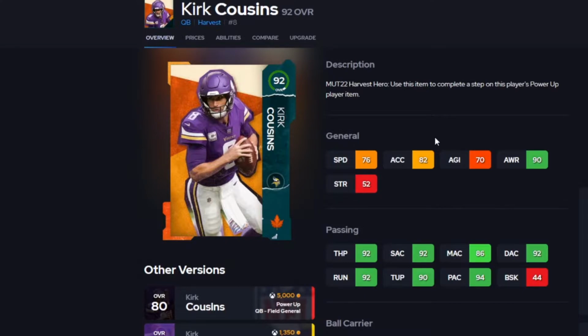I do think personally Kirk Cousins is the best budget quarterback in the game. You might say Josh Allen, or you may say Jim Kelly, which both of those, as of the recording of this video, are 150K a piece. But there's two reasons why I say Kirk Cousins. One, Kirk Cousins is relatively cheap in terms of the power up, because Kirk Cousins, as you see right here,